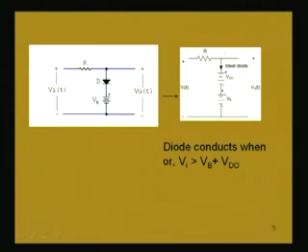So, at any instant, to know the condition for the diode to conduct, we must see when P is at a higher potential than N. So, we are applying the voltage Vi. Whenever Vi is higher than the potential at the N point. Now, what is the potential at the N point? This potential is Vb